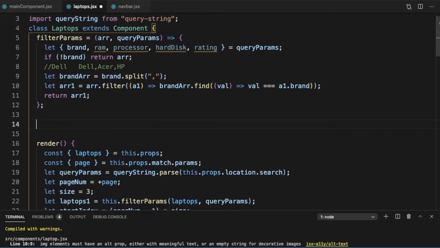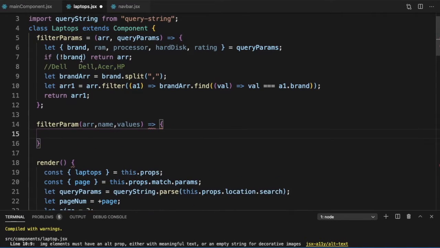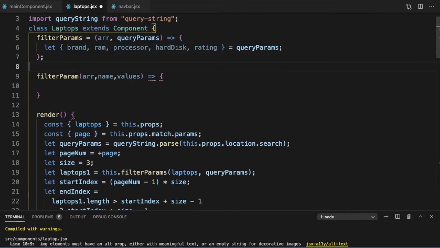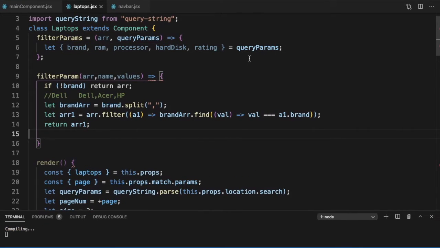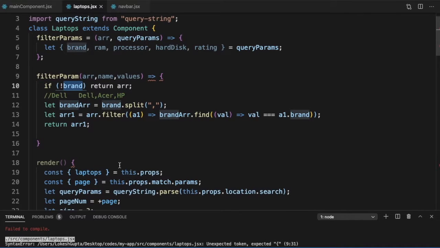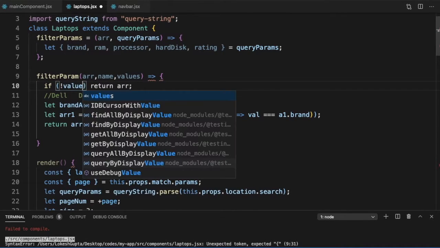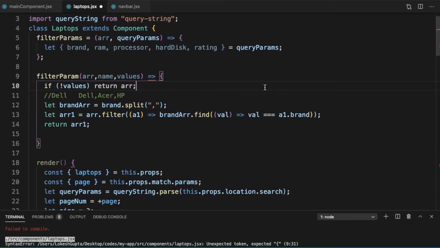So let me make it into a function. So filter based on a param. It takes an arr, it takes the name of the param and the values it has. And if I take this code out, instead of brand, if the values is falsy, it will return that.